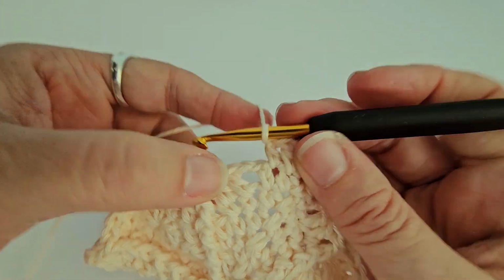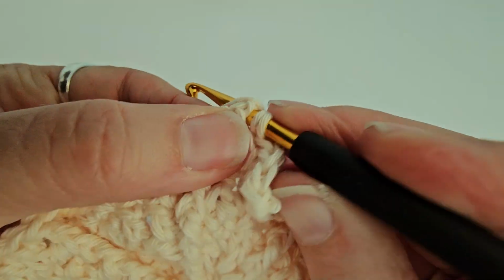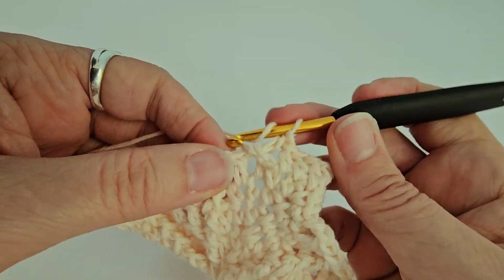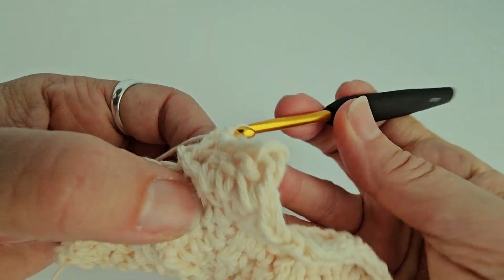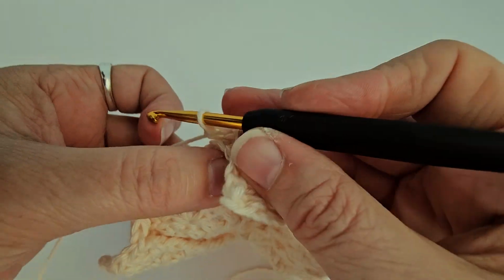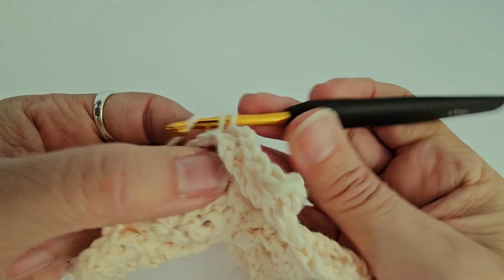2, you're going to skip that 2 chain space and do a back post half double around the next 2 stitches, 1, 2, then we're going to do a back post single around the next 9, 1, 2,